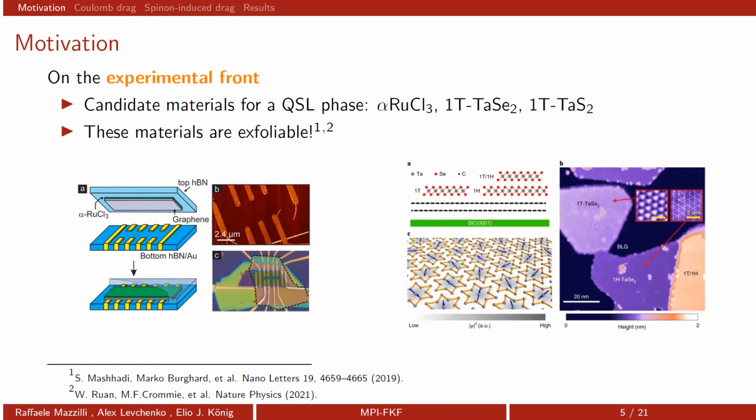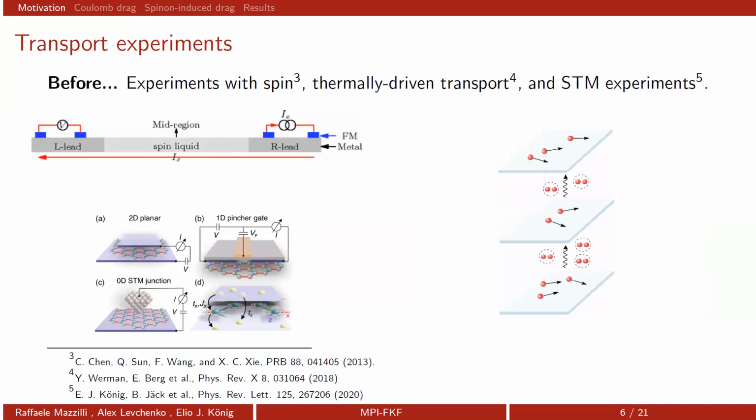And the key thing is that the fact that these materials are exfoliable gives rise to new experimental probes. So we can probe the two-dimensionality of these quantum spin liquids. What has been done before: there have been some proposals for spin current driving, and here on the right, there's some polarized current that gets injected in the quantum spin liquid candidate material, and voltage is measured, and from this I-V characteristic, you can deduce some sort of signature of